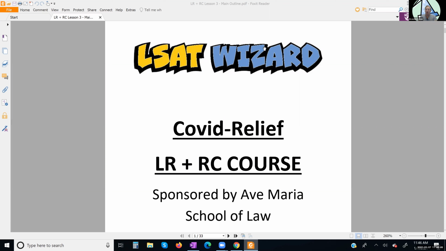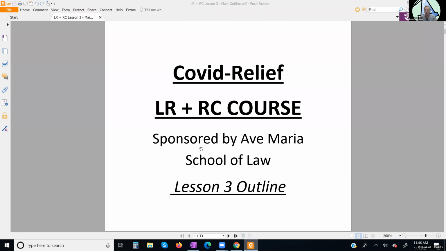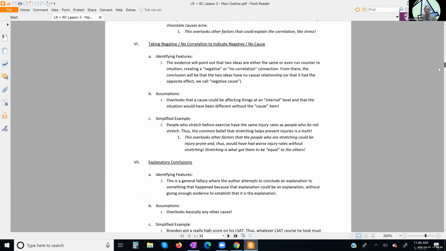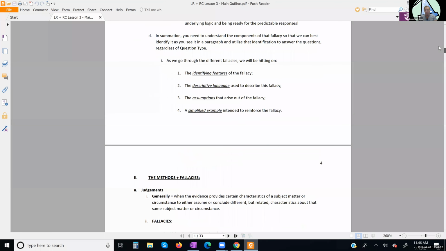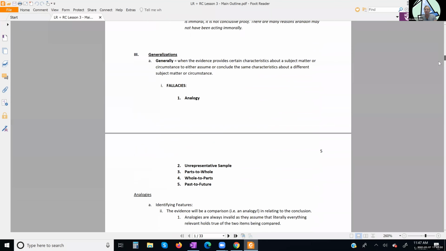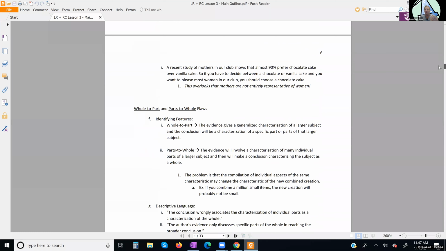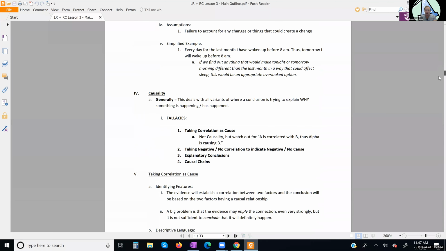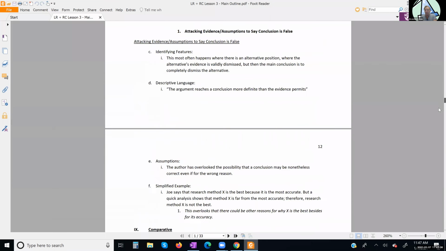So with that, we are going to be getting into this one. As I said, the flaw questions were part of lesson 3's outline. While we have all of these concepts, they were so important to this question. We really discussed the concept of the different fallacies. We went through 20 different fallacies, what they looked like, sounded like. We did some examples, really broke them down. And that's going to be important for flaw questions.